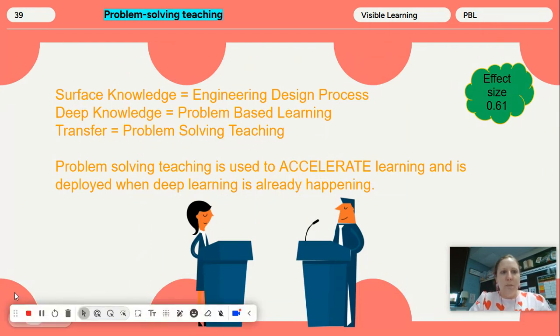All right, so the next one is problem-solving teaching. This is different than PBLs. I'll try to do my best to explain how it's different. I had an aha moment in one of our STEM trainings, when we were talking about how we started with PBLs, and we should have started with the engineering